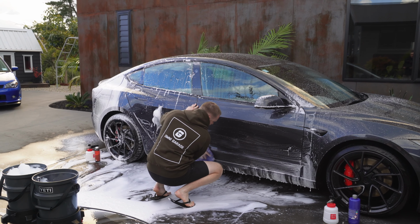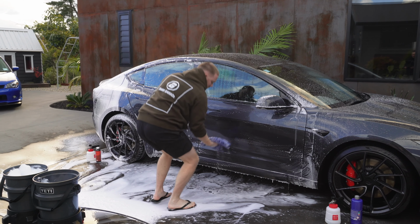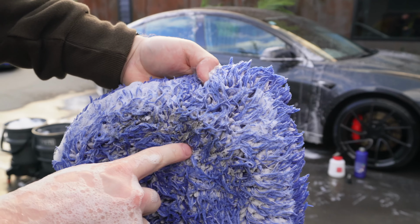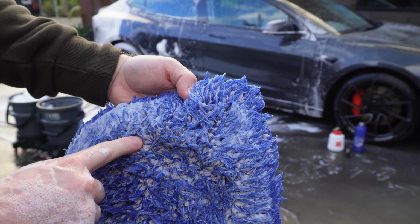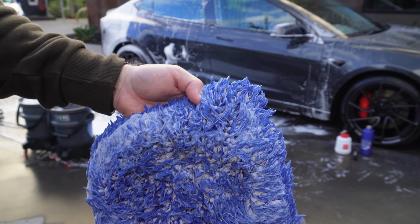And so that's important to note, because you want to be using a soap that's got good slickness, because this is the point where you're putting some marring and scratching on the surface. So a slicker soap means you're going to have less chance of having abrasions with the mitt. And as you can see on the mitt here, we do have a lot of dirt, that was probably picked up from doing the rocker there. But as you can see, a soap like this cannot be used standalone. You do have to